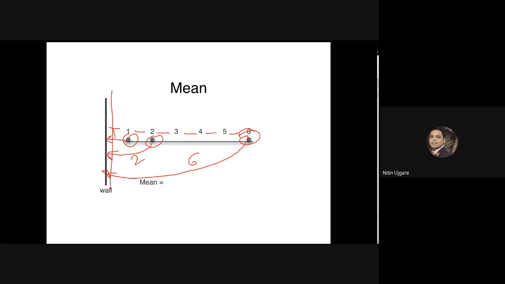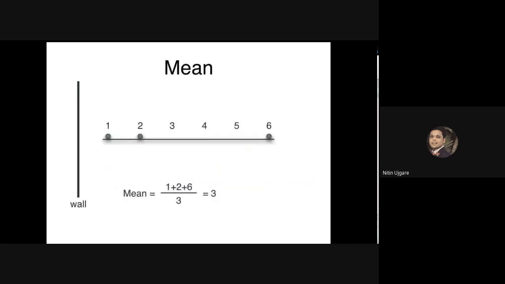So I got the distances of all these points from the wall. Now I'm going to calculate the mean. How am I going to calculate the mean? I will simply take the sum of all these distances. So 1 plus 2 plus 6, divided by how many points we have? We have 3 points. So the mean will be 9 divided by 3, which is equal to 3. So somewhere along this line, I got the mean of these 3 points, which is represented in the next